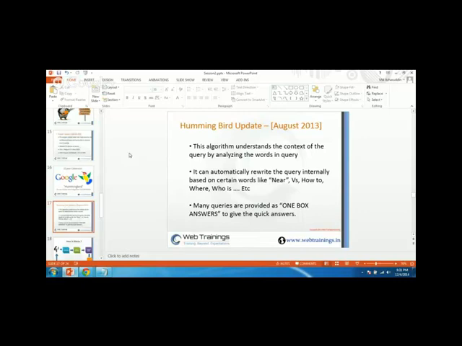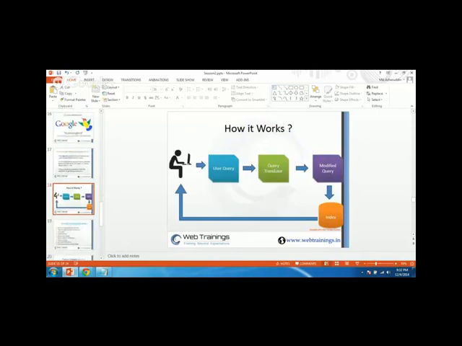The Hummingbird algorithm was actually created to improve the searching concept. When you type a query, Google will try to understand your query and, according to that, give you the answer as fast as possible. That particular update was called the Hummingbird update. I just created a small slide here to show how it works. Whenever a user types a query,